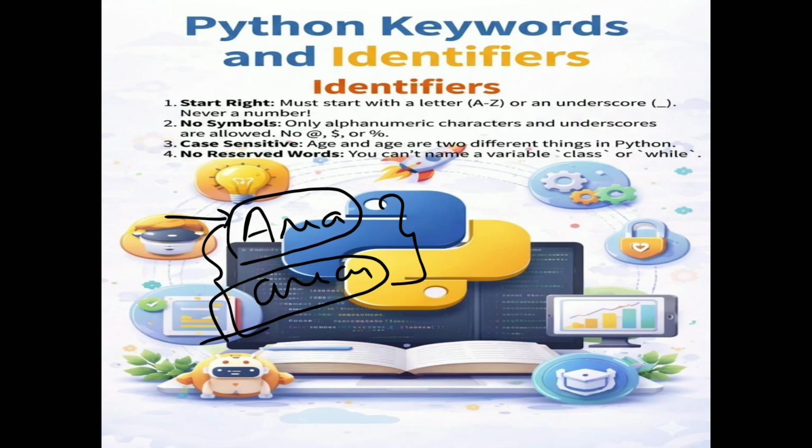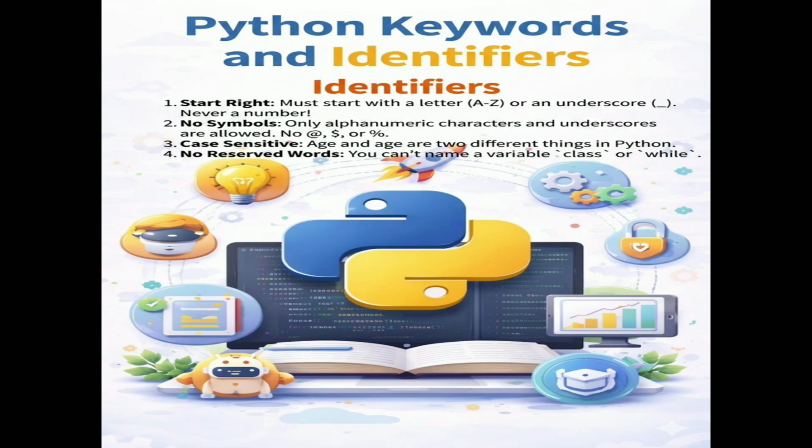Next rule is that when we declare a variable, no reserved words are allowed. Reserved words are special words and they have their own specific meaning, so when we use a variable, we can't use the keywords or reserved words like